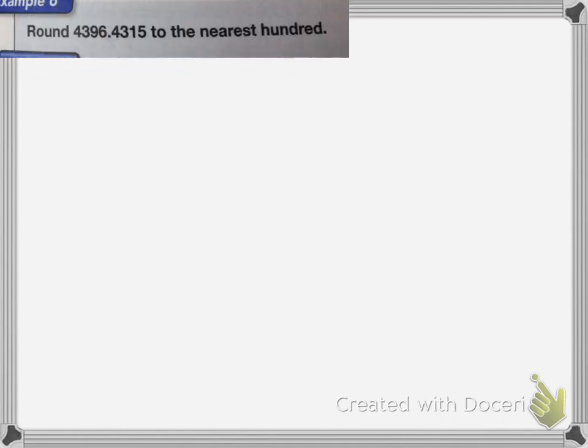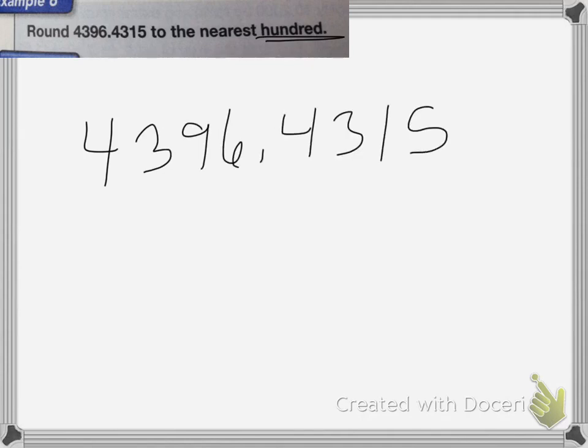Okay, with this one, round this number to the nearest hundred. So don't get confused, this is hundred, not hundredth. 4,396.4315. So my hundreds place is the 3. So I'm going to circle the number next to it, 9, and I'm going to round up because 9 is greater than 5. So my new number is going to be 4, 4